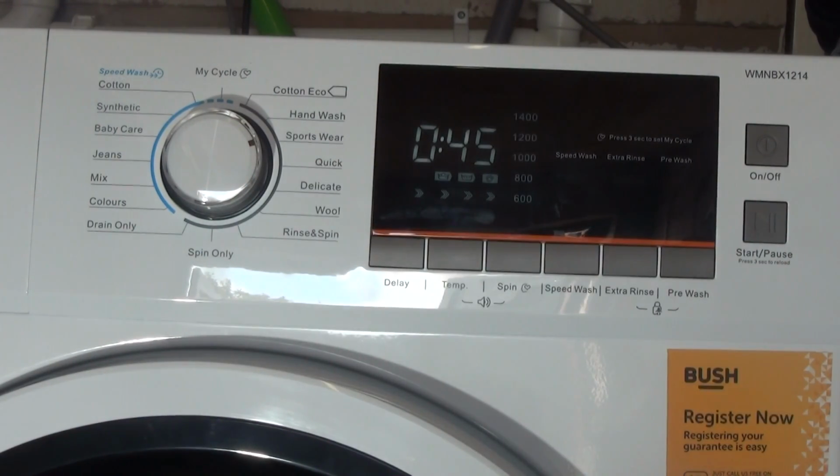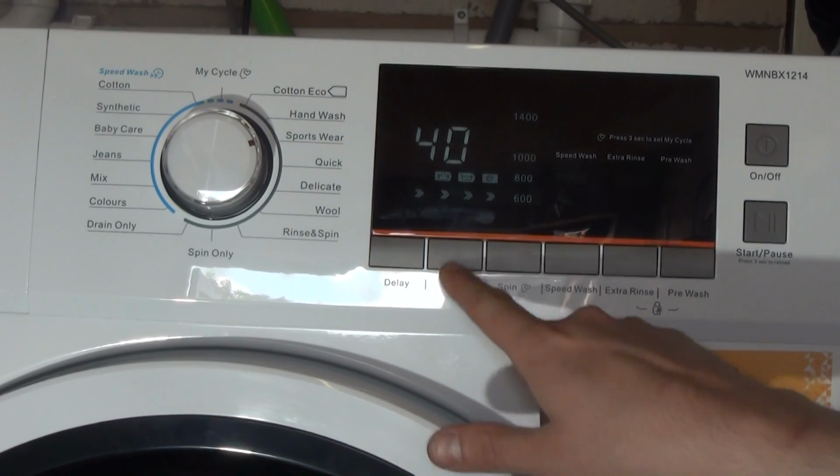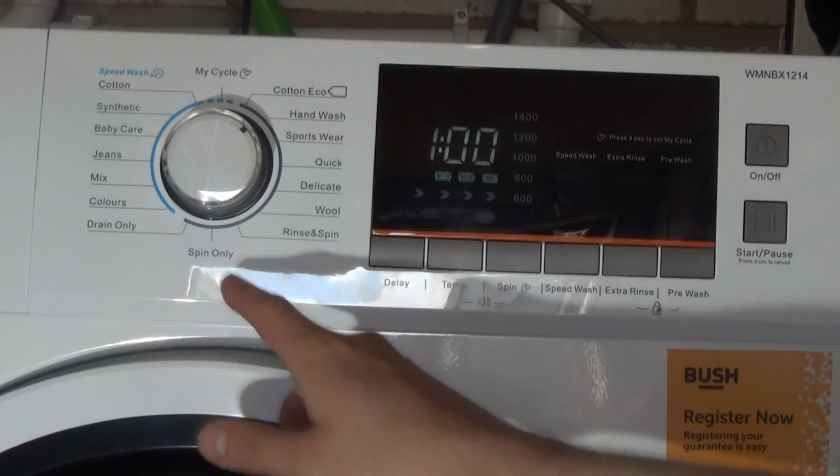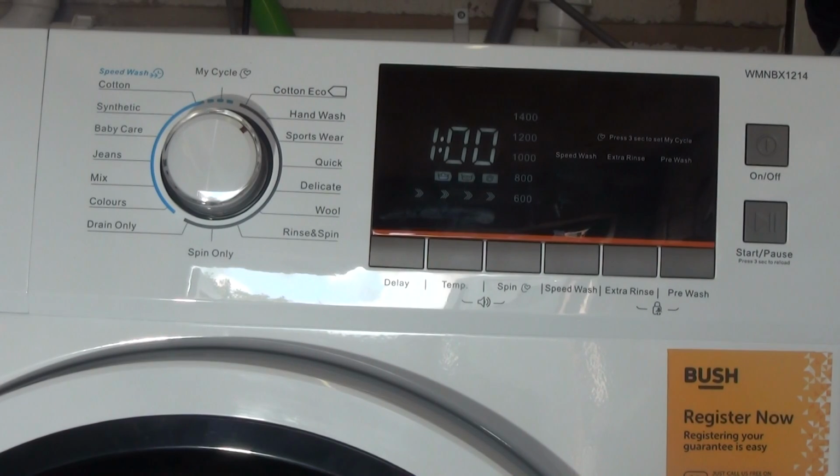The sportswear, but it's also known as the rapid 45-minute cycle. This will wash 2.5 kilos of sportswear in 45 minutes, or 2.5 kilos of just synthetic wear in 45 minutes. You can increase it up to 60, which is rather impressive, and it's about an hour 13, 14, but even so. Then we've got the hand wash cycle for those fabrics labelled hand wash,